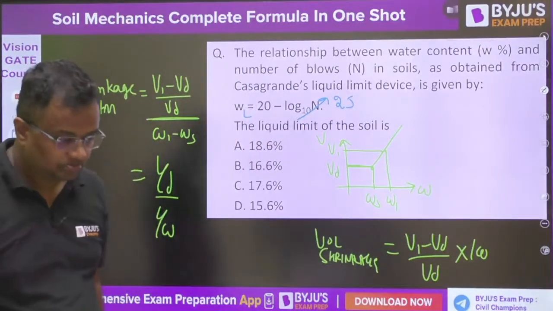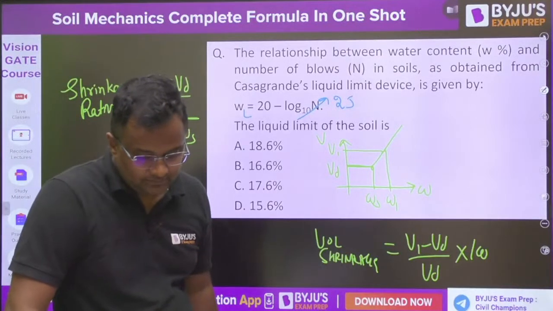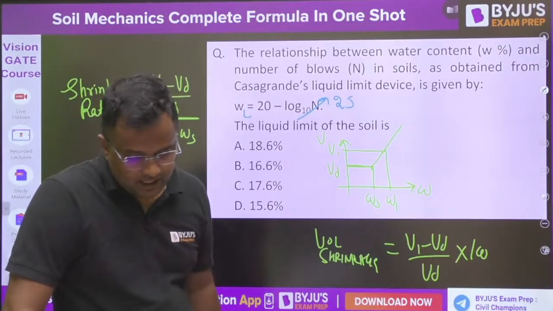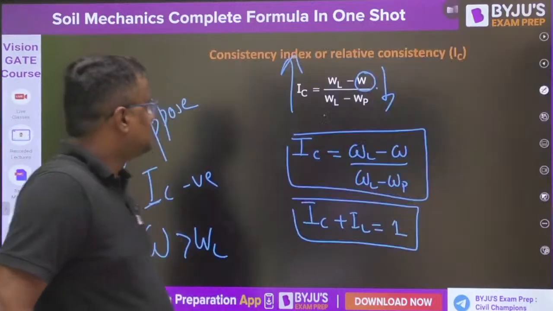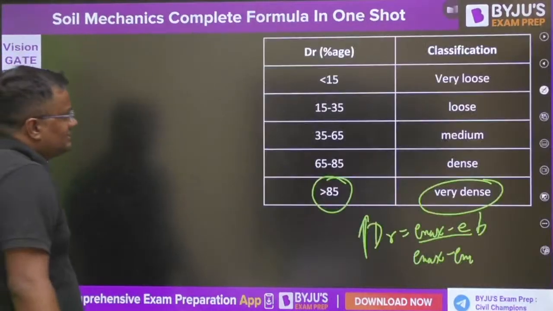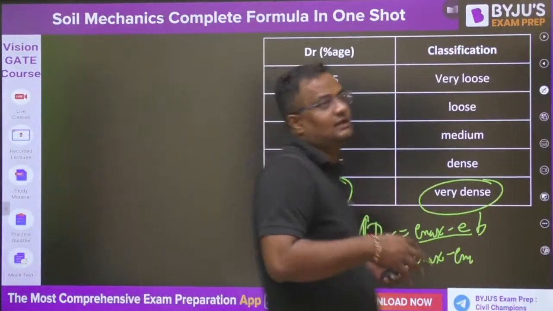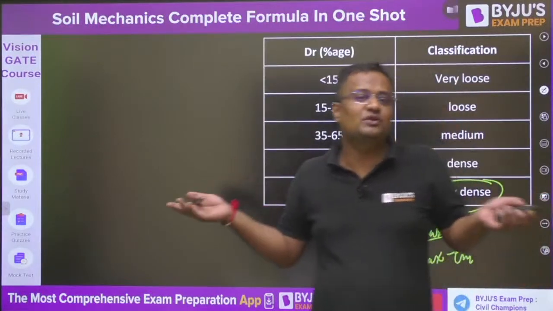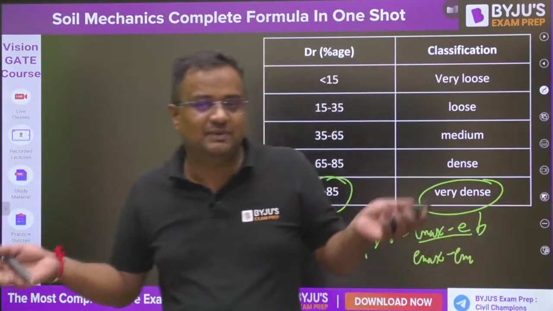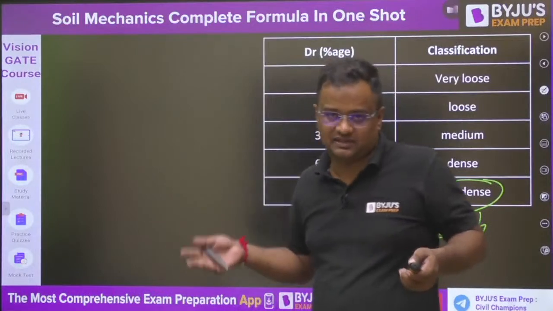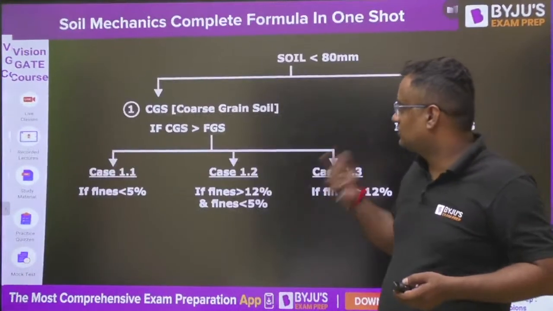Okay, shall we move further? Any doubt till here? Yes, correct. Guys, the speed should be increased. There are not many more formulas here, guys. In the CPA effective stress chapter, there is not much formula. Quicksand condition is a big chapter, but formula-wise it is a very small chapter. So in this chapter only there are a lot of formulas.